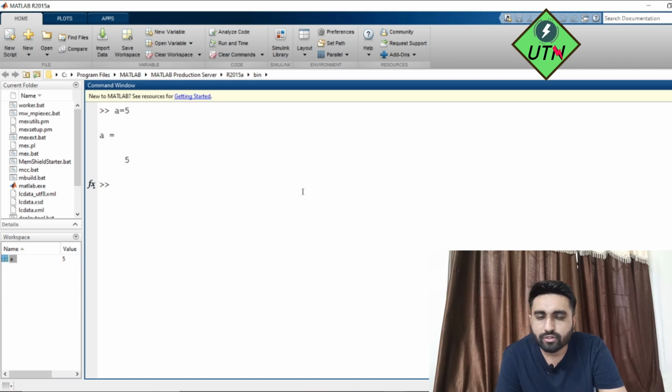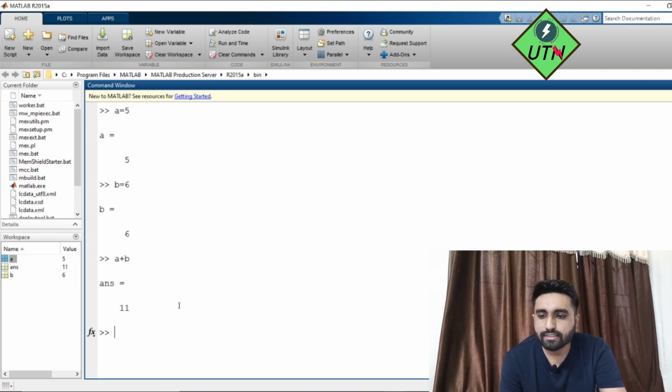So this is the command window, and command window means whatever we want to write is going to be a one line command, right? Suppose I want to write B is equal to 6, then it will run that line if I press enter. Now if I want to write A plus B, then it will perform that line. This is the basic layout of MATLAB, and this is not going to be our programming window.